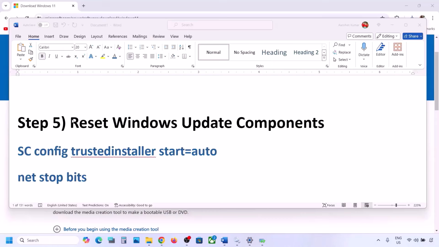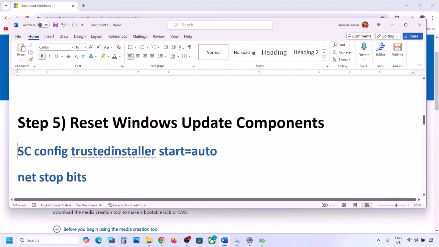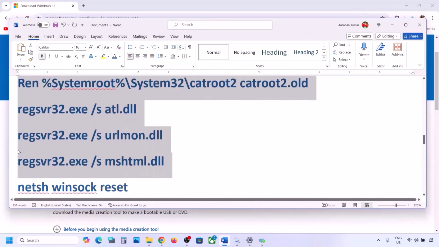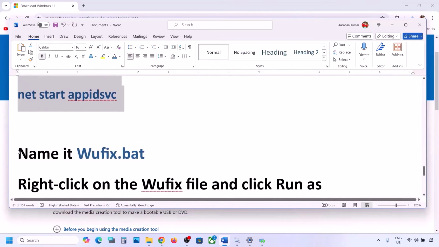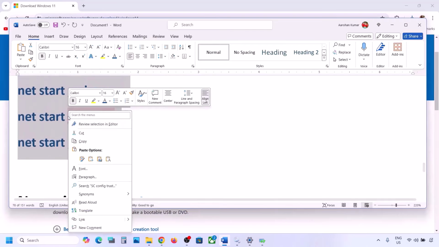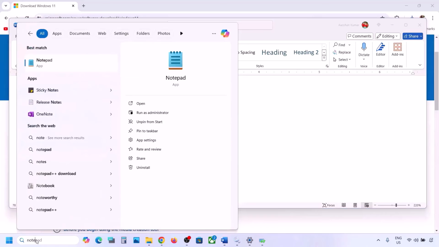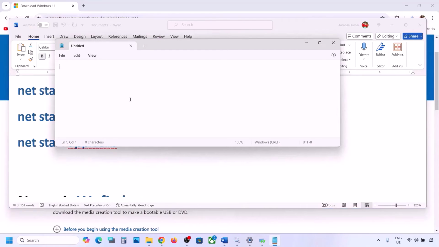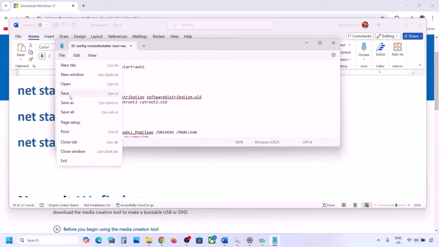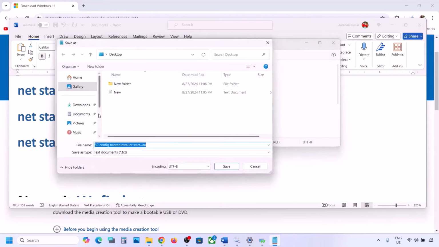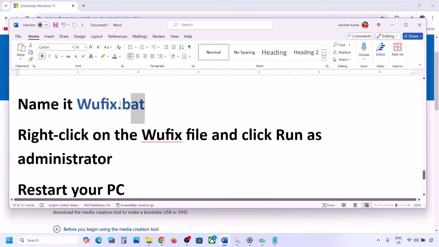Now the next step is to reset Windows update components. For this, copy all these commands. These commands are provided in the video description, so copy it till here. Now once you copy it, open Notepad on your computer, paste all the commands, then go to File on the top, click on Save as, and then you can name this file as